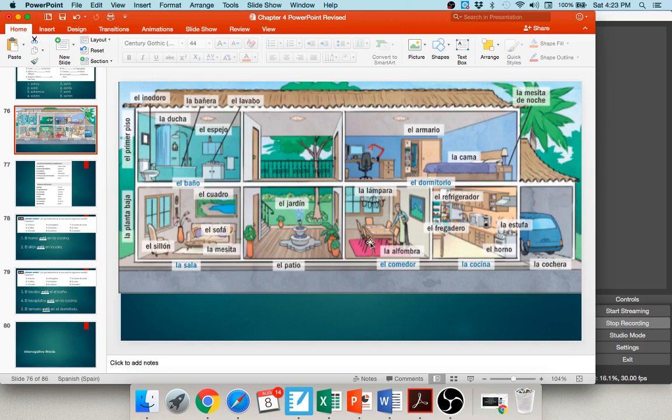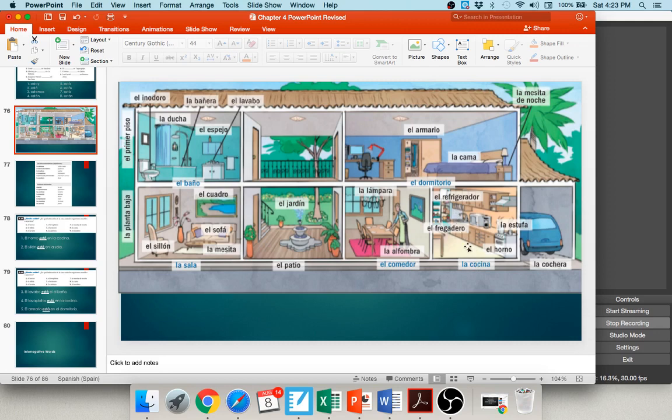In Spanish though, we refer to this as la planta baja which is the ground floor literally, and this as the first floor, el primer piso. So kind of weird for some people, but just la planta baja is the ground floor, and this is el primer piso, the first floor. So be careful with those. On the ground floor, we have la cochera, a garage. Some people also call this el garaje. La cochera, either one works. Here it looks like we have la cocina, the kitchen, and inside of the cocina you can see el horno, the oven, la estufa, the stove, el refrigerador, the refrigerator, and el fregadero, the sink.